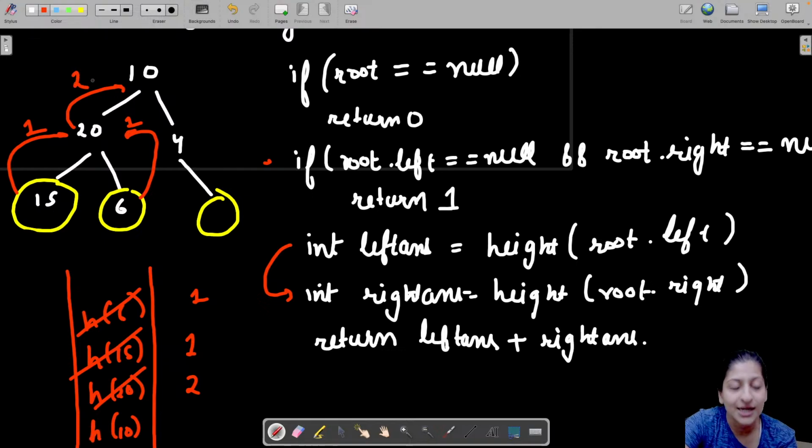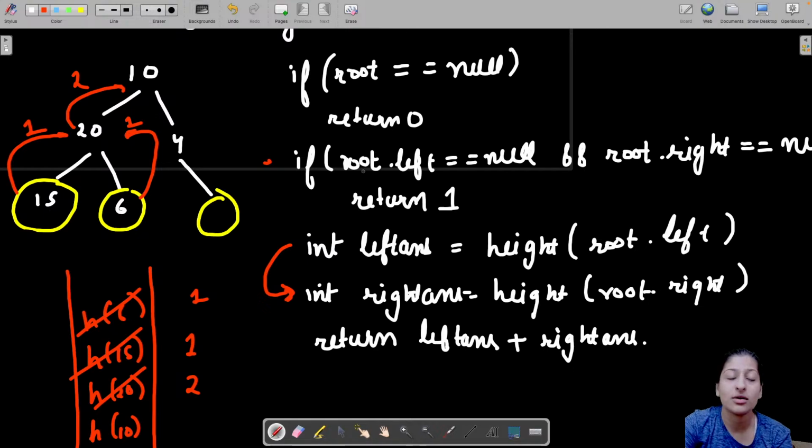So what answer did it return to 10? From its left answer basically. So when 10 made a call to the left side of its node, it made a call to 20 and went ahead with other recursive calls. So finally 20 gives its answer as 2, which will be stored in the left answer of 10. Okay, so I'll go to the next line of code in recursion and make a call